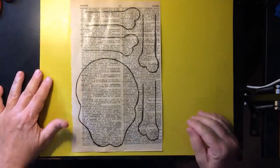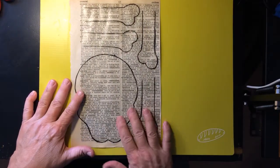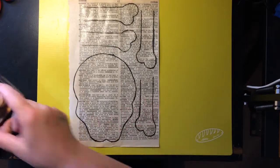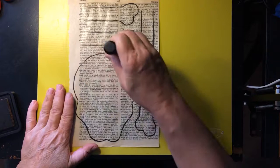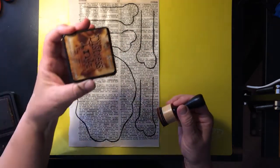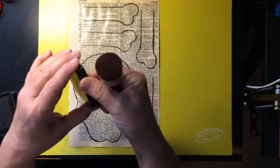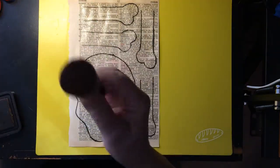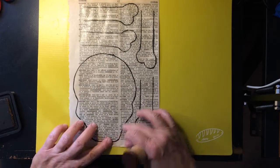So while your other pieces that you Mod Podged are drying, let's get our bone pieces out. And if you're like me, I like to kind of blend darker colors around the edge. And I do this with Distress ink. This is a vintage photo color, and my little dauber here. You could probably use a soft marker